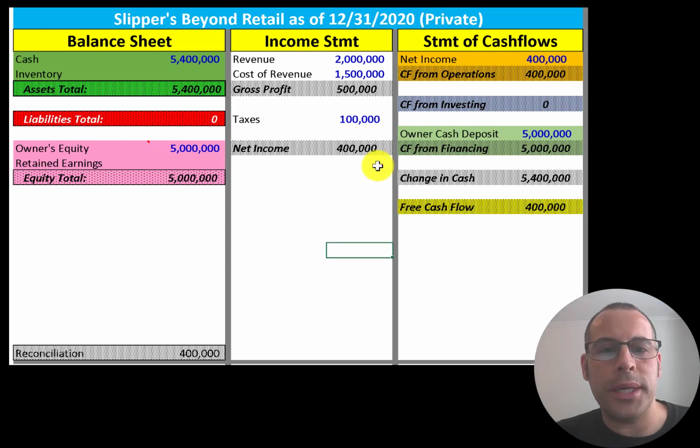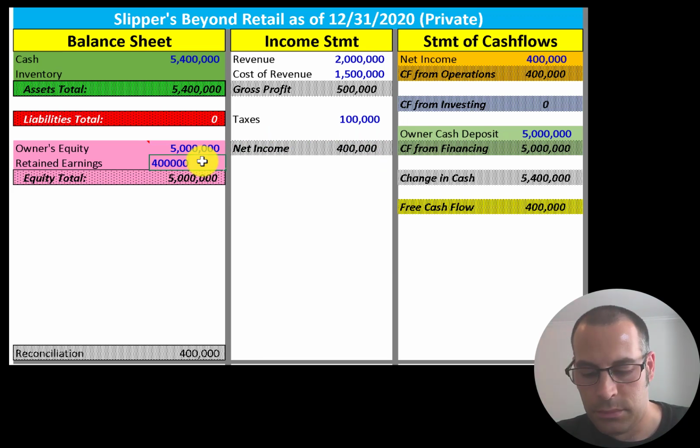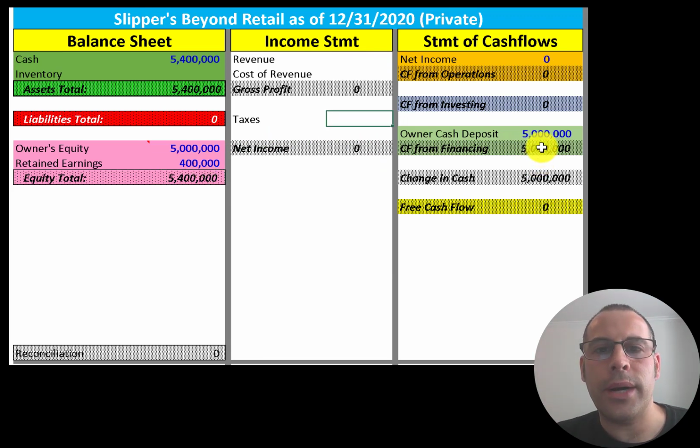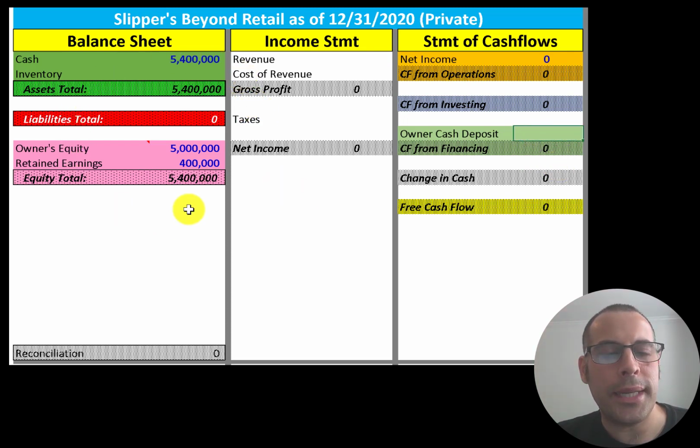Now to close out 2020, we have to zero out the income statement, so we have to take the $400,000 and transfer it to retained earnings. We also have to zero out the statement of cash flows. The balance sheet is ongoing, we never have to zero that out. So you see the balance sheet at the end of 2020,